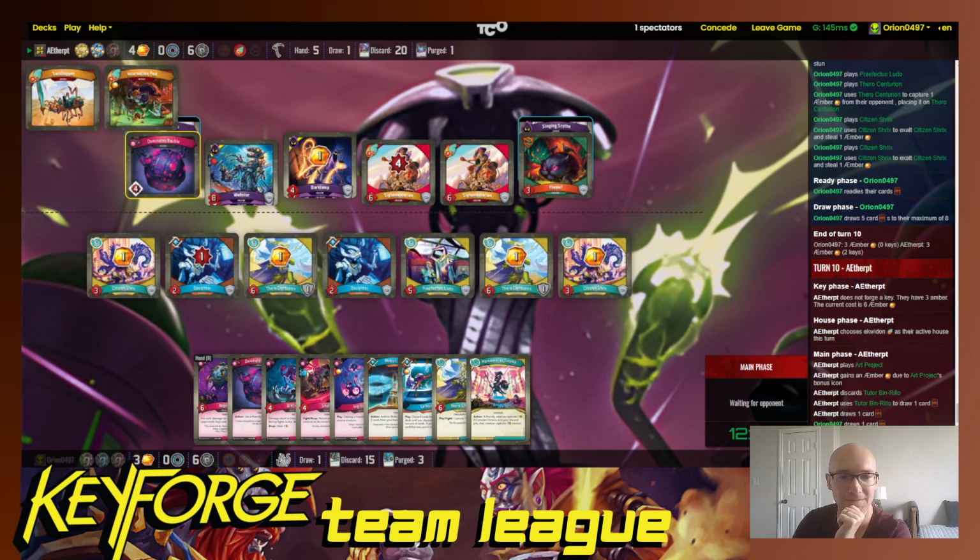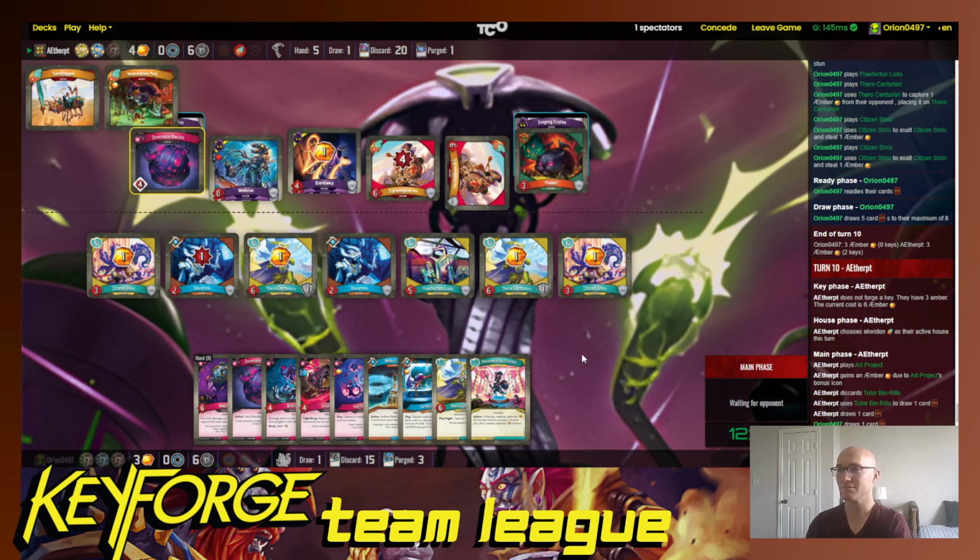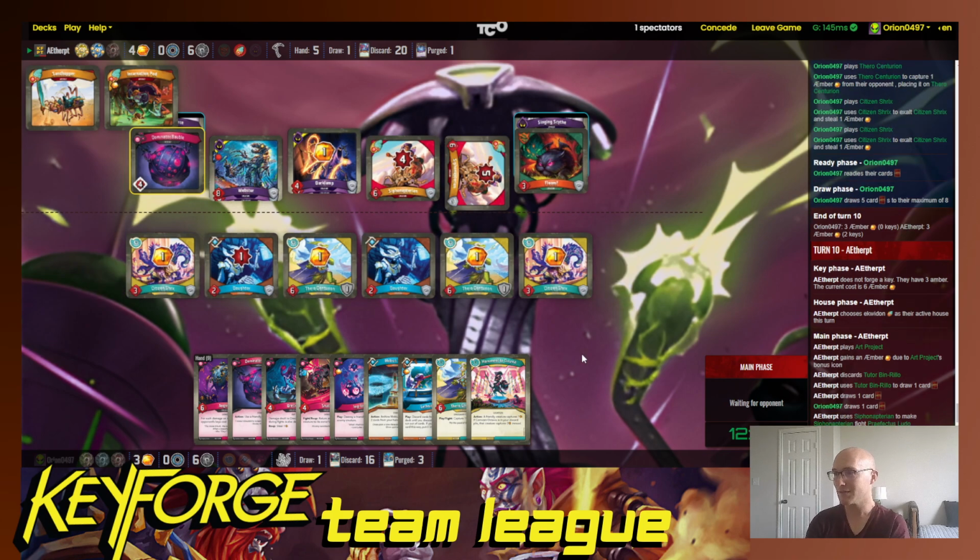No, I said it on the Sloppy Lab Work Discord too. I feel like I have definitely slipped in my adaptive abilities. I do not feel confident anymore in this format. Maybe just as a Keyforge player in general, I've slipped, but